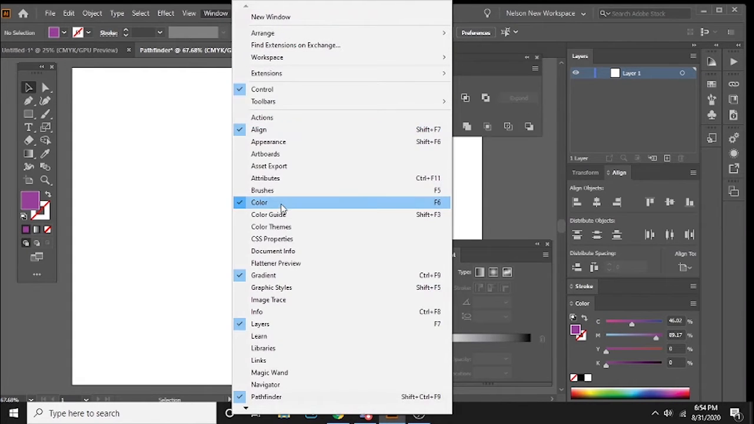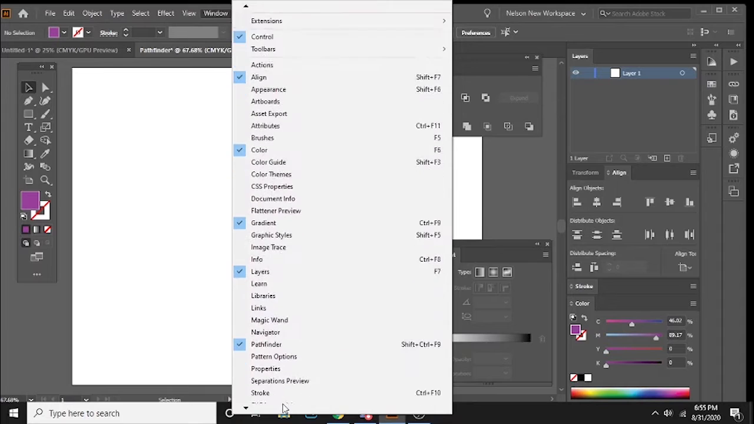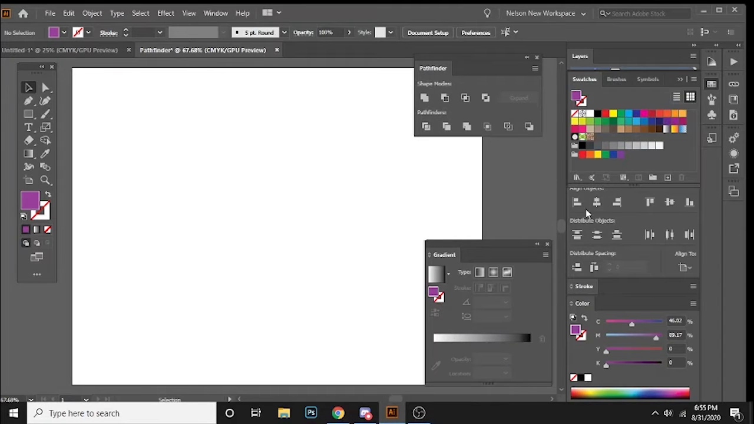And before I continue, I want to talk about the color panel and the swatch panel. So I picked up this color and I want to save it to my swatches. The swatches is essentially a library of colors. There's a preset of colors that come with Illustrator, but I want to make my own swatches or colors and